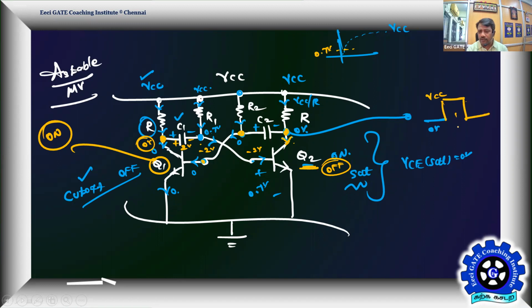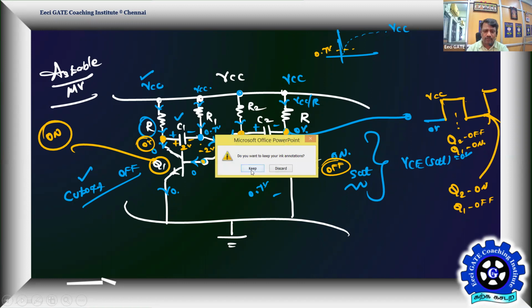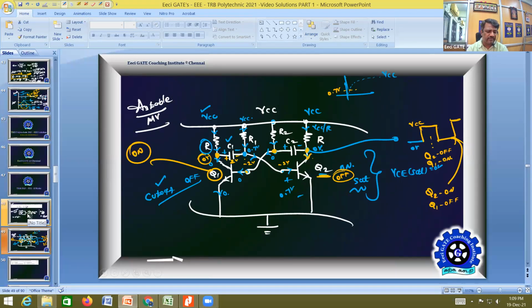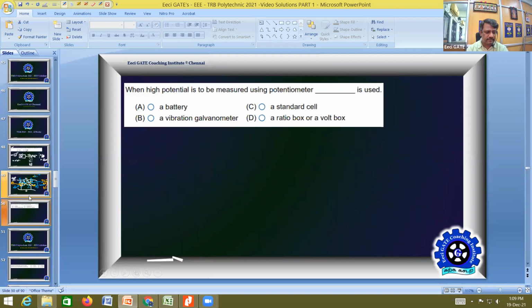Q2 in off condition makes your output VCC, and Q2 off means Q1 is in on condition. Similarly, in the next state of operation, Q2 will turn on whereas Q1 will go off. The state keeps on continuing depending on the charging and discharging of the two capacitors C1 and C2. That's a rough idea. What is essential for us is to know the on time and off time, so we have to go by little basics. Then you will get this.